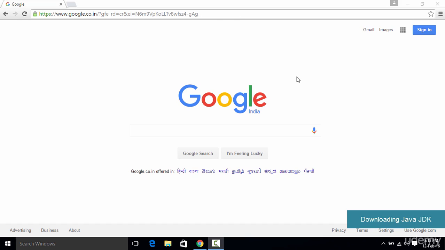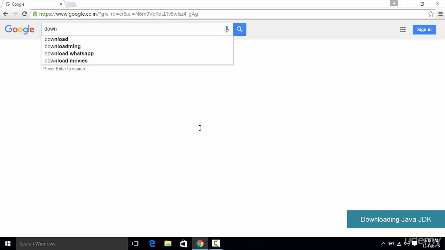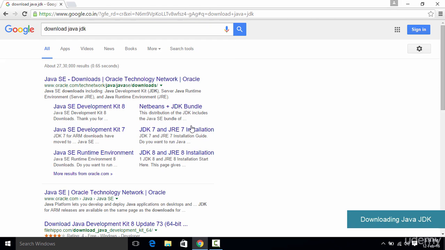So the first thing we need to do is download the Java JDK from Java's official website so that you can run your Java applications or your Java program. In order to download the Java JDK, you simply go to Google and type in download Java JDK, hit enter, and as you can see, the first link which pops up is the download link for the Java JDK. So we simply open it up,